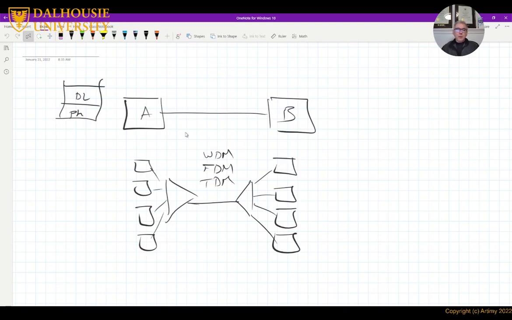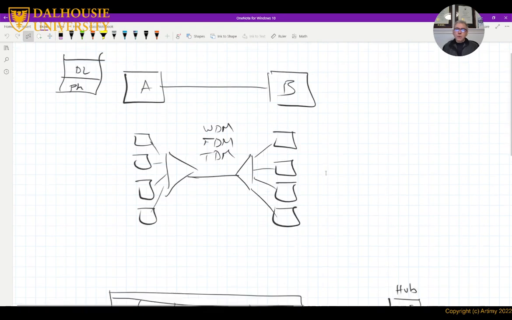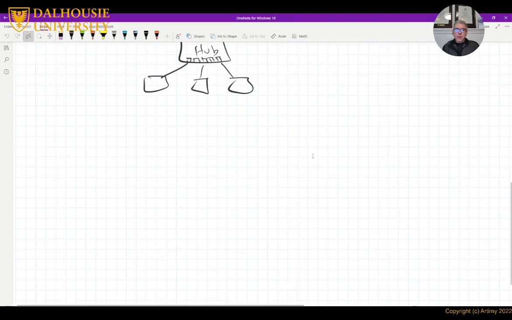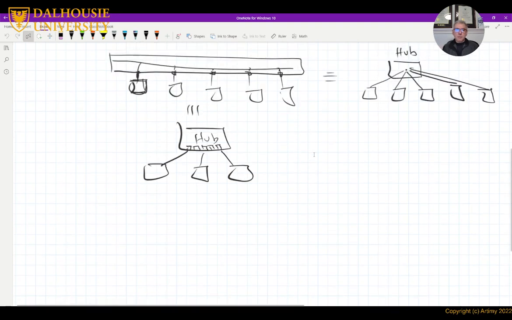Now we have to add something else to the functionality of the data link. This something else is called media access control or medium access control. So we need to add a mechanism that allows the nodes to share the same medium, the same bus here, without colliding with each other.